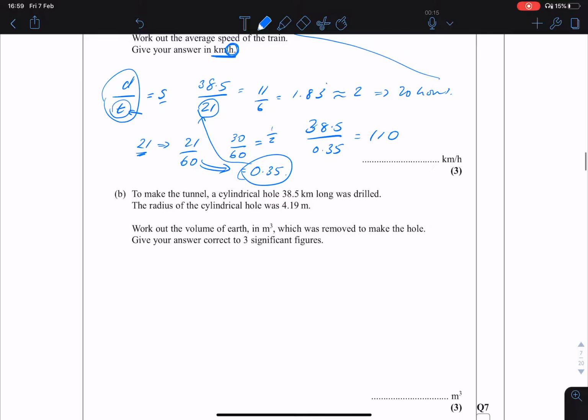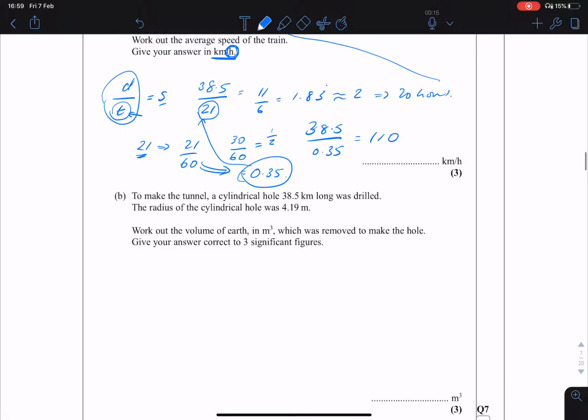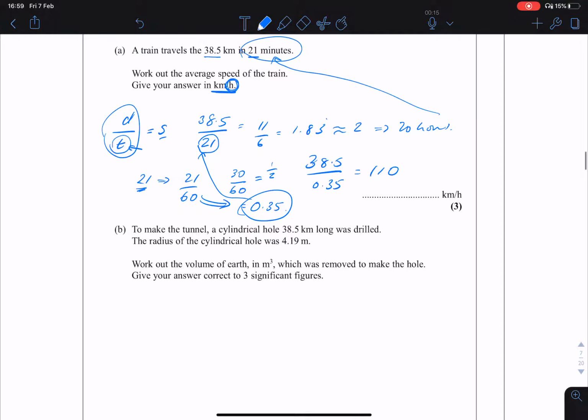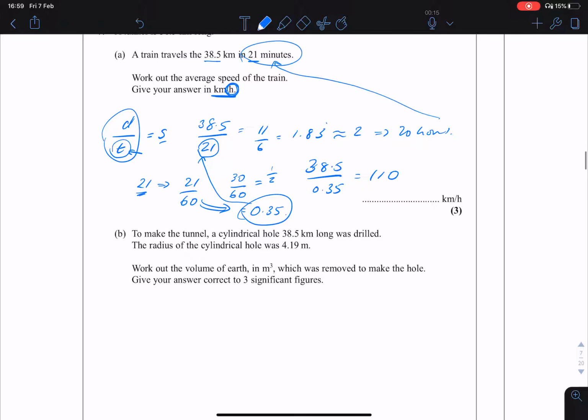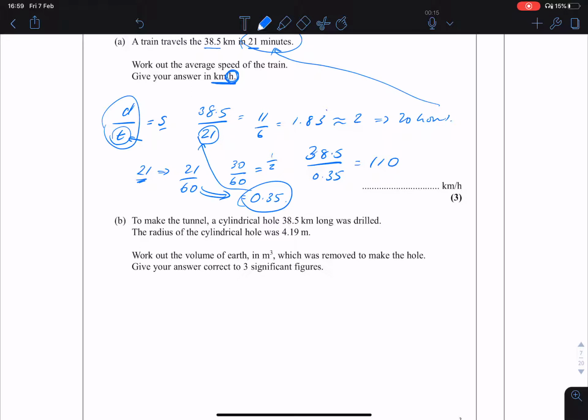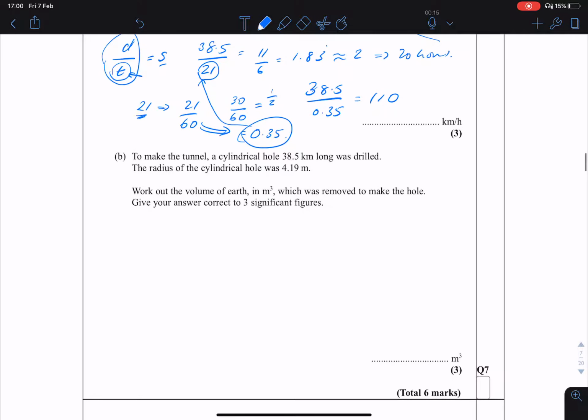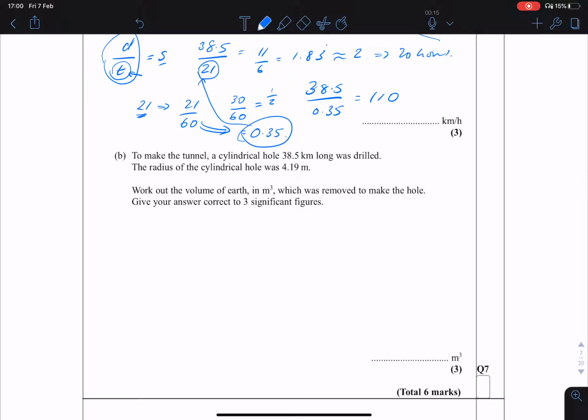Okay. To make this tunnel, a cylindrical hole of 38.5 kilometers long was drilled. The radius of the cylindrical hole was 4.19 meters. Work out the volume of earth which was removed to make the hole. Give your answers to 3 significant figures. Right, so if you think about this